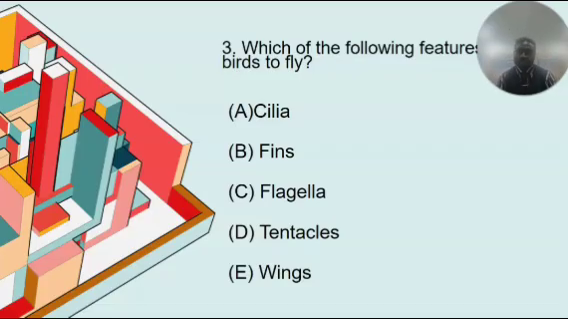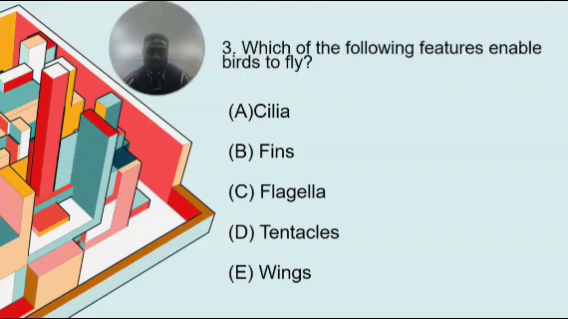That's all the bird species of the world fall under the class Aves. So option A says cilia, option B says fins, option C flagella, option D tentacles, option E wings. So what's the correct answer there? I'm waiting for your response. Put it down in your biology notes. I hope you went for option E, wings, because only birds possess wings with feathers that makes them fly from